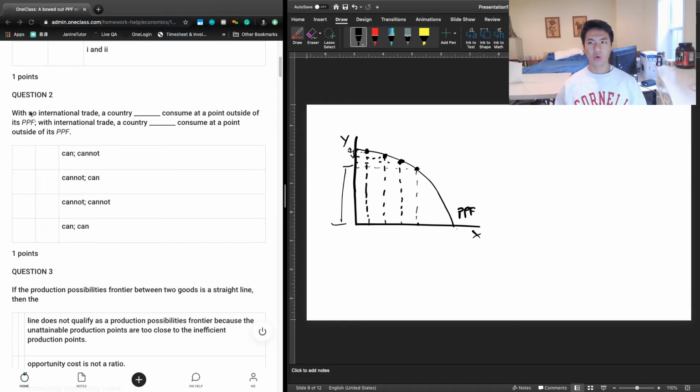And so what trade does is it allows countries to specialize and produce goods in which they have a comparative advantage, and then they can trade to get access to the other goods that they don't produce, which other countries specialize in because they have a comparative advantage. And so trade is going to allow countries to consume at points outside of the PPF, and we're going to see that